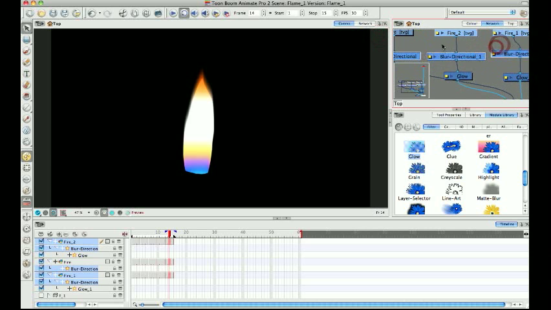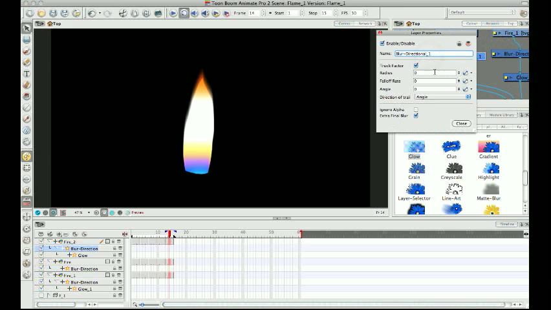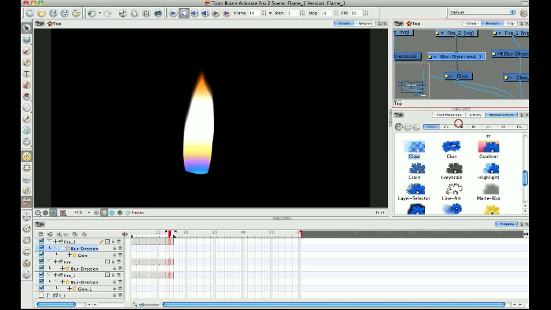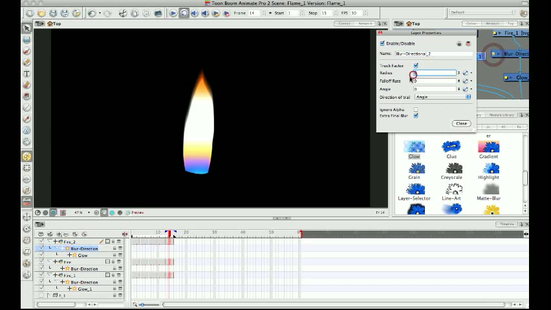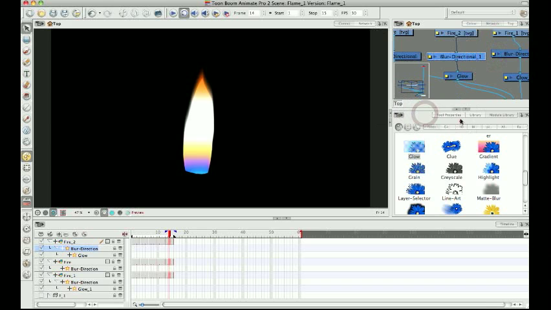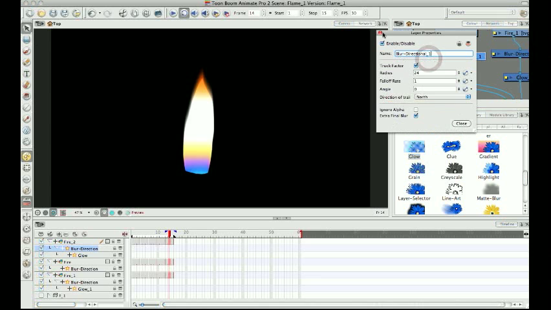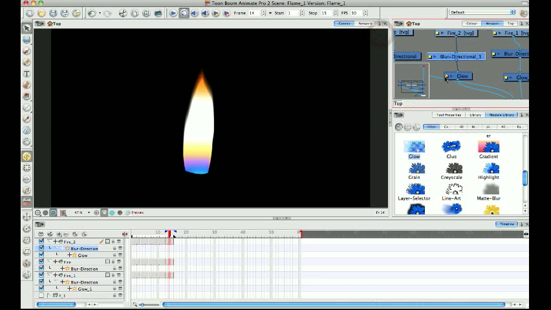Next we're going to come in here to our first directional blur. I should have just copied these after making the adjustment so I didn't have to do each one, but I didn't, and there we go. So I'll make that adjustment, make this a 24 as well, set the angle, set the fall off to 1, angle north, and close it. Now I've got directional blur on all these that's pretty much the same,